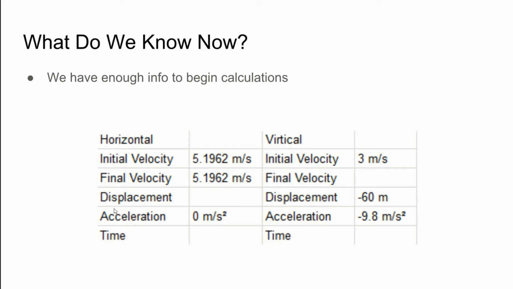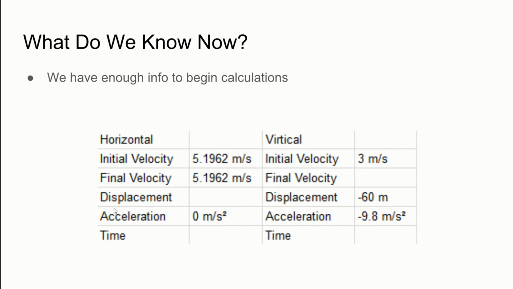So now we can make a chart. We can also fill in some other information that we know. We can start with the horizontal section. So we calculated on the slide before our initial velocity of 5.1962 meters per second, but there is no acceleration. In this problem, we're negating air resistance, so in theory, there's nothing to slow the ball down. The length of time that the ball is traveling at this speed is determined by the vertical section of the